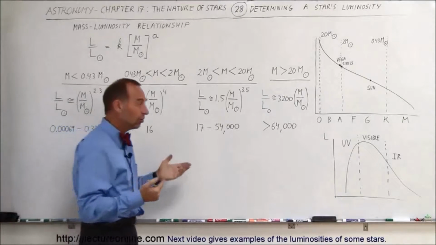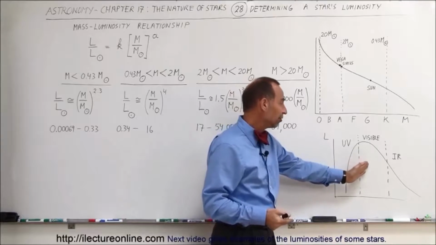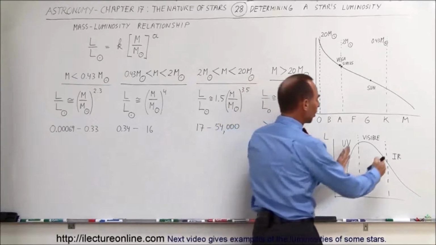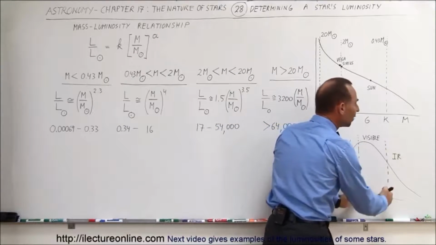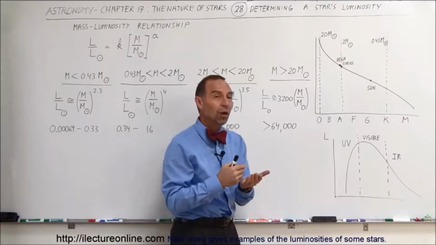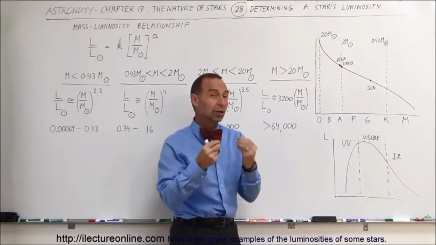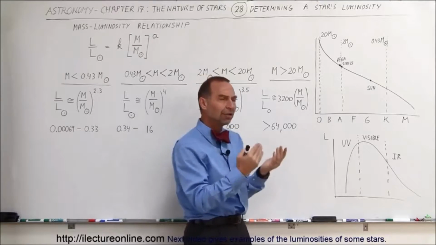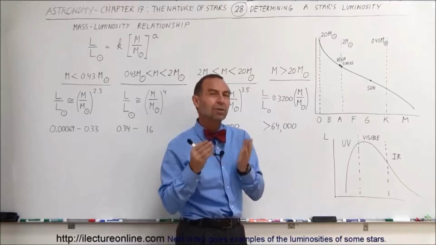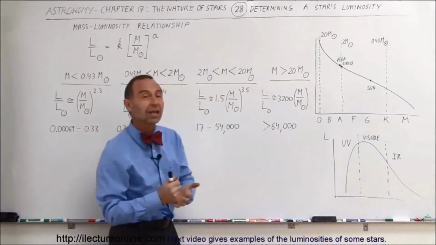And notice that any star will typically put out energy in UV, visible light, and infrared radiation. So when we talk about the brightness of the star, we typically are talking about how much visible light it puts out and how bright it looks towards us. Now we have, of course, apparent brightness. How bright does it appear to us? Because a very dim star that's really close to us will look very bright, and a very bright star that's very far from us will look very dim. So when we talk about brightness, we typically talk about the visible light portion of the electromagnetic emission of